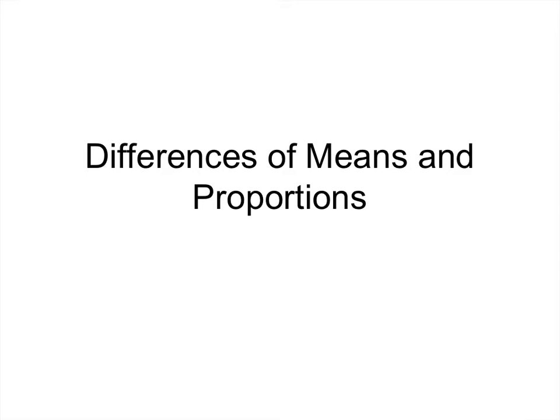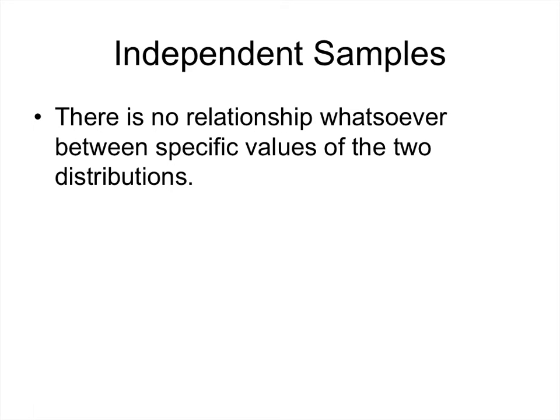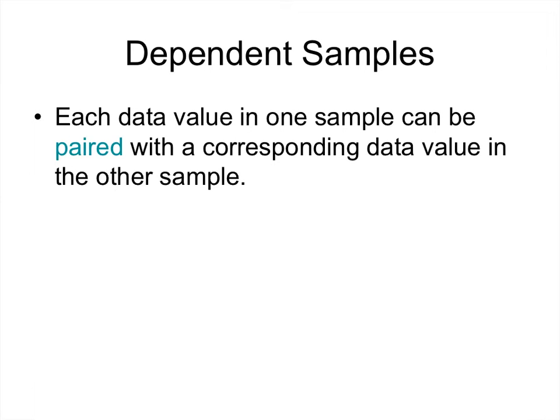This is about Chapter 9, the second half, dependent samples. Now when we started Chapter 9, the first half, we did independent samples. Independent samples, we just had two separate samples, and there's absolutely no relationship between the members of one sample and the members of the other. This time we're going to talk about dependent samples,